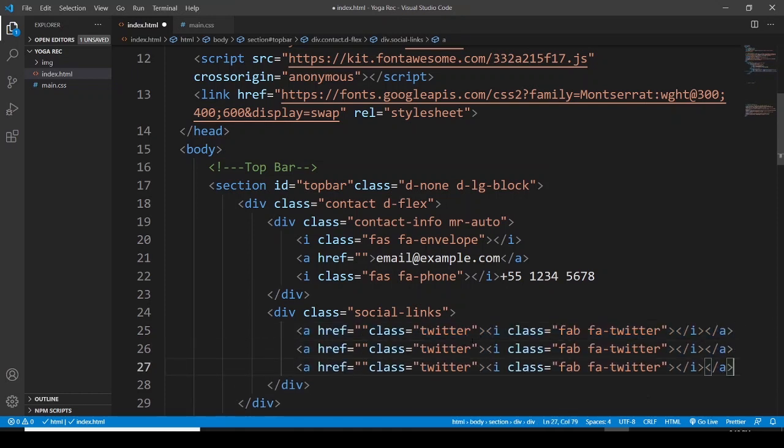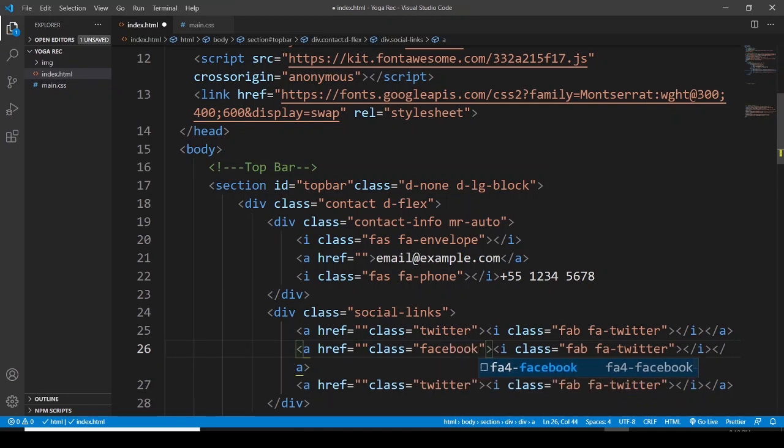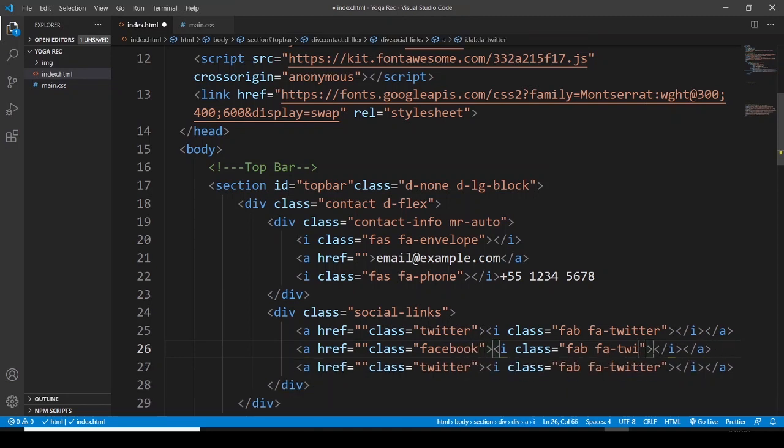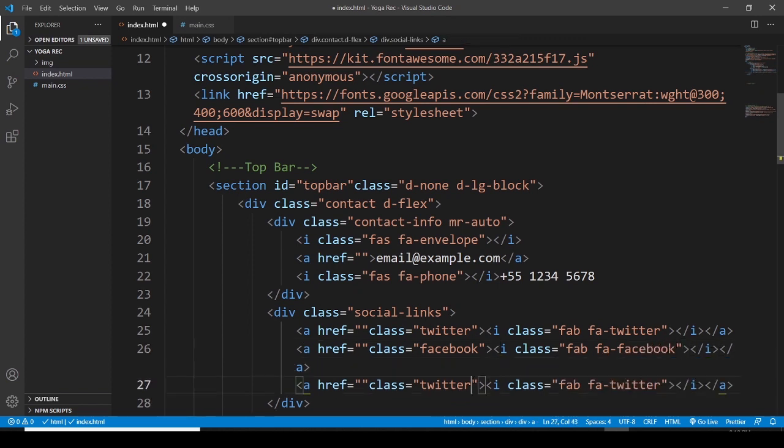And now I want to change these classes and the titles. So let's say Facebook, and it is also going to be Facebook. Then this Twitter and this, I'm pressing the Alt key from my keyboard to select both of them at a time. And here I would like to say Instagram. Okay,